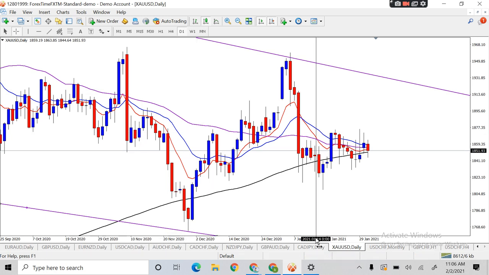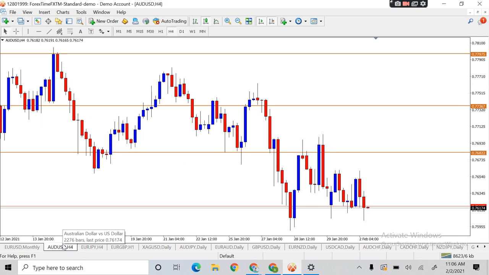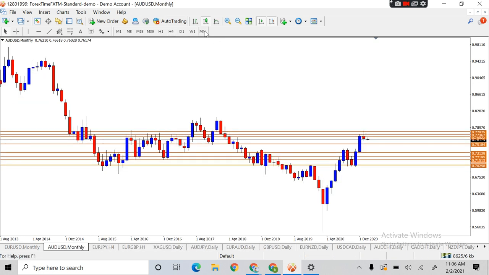AUD USD, it's been a while since we traded that pair, so let's see what the pair has for us. So AUD USD, where are you? Okay, here you are. Okay, right now, if we go back to monthly,